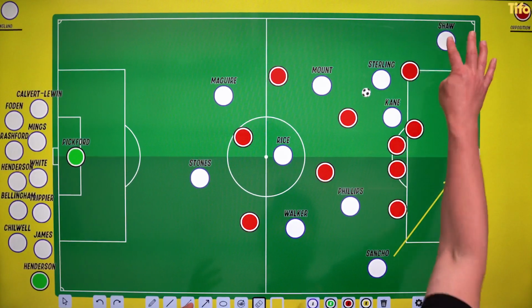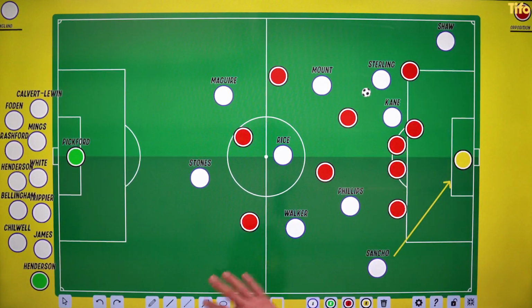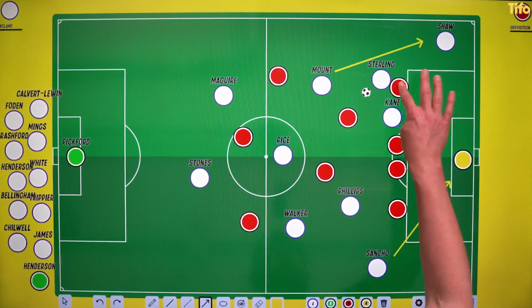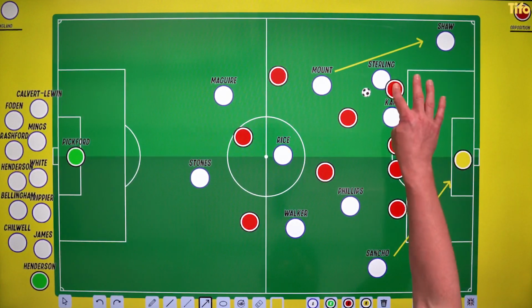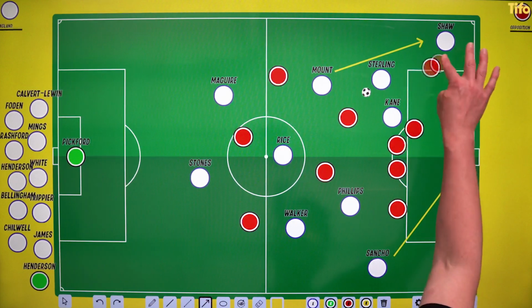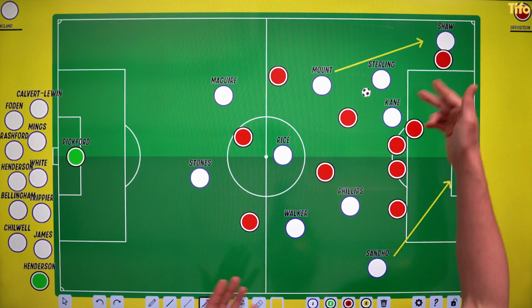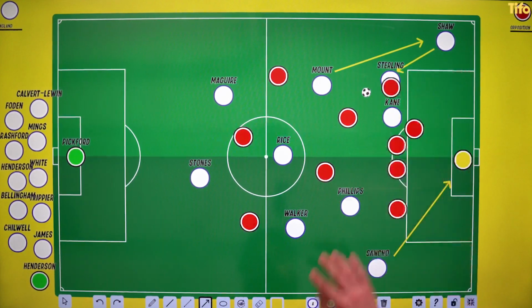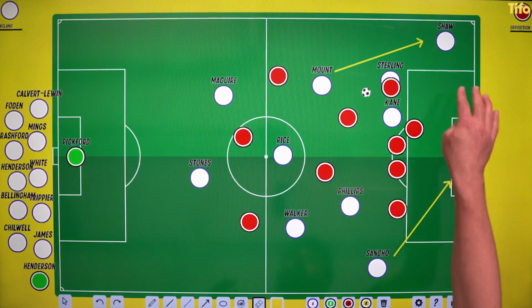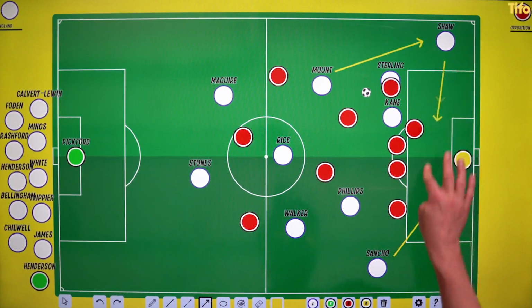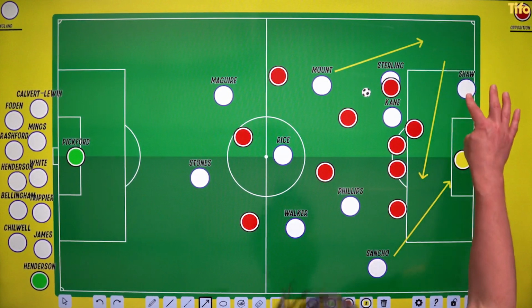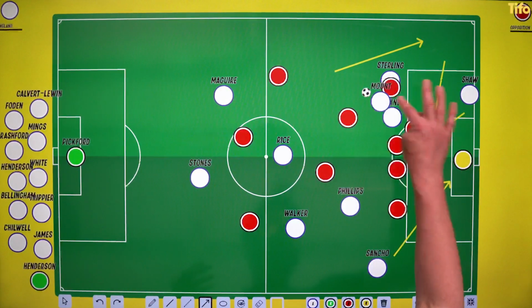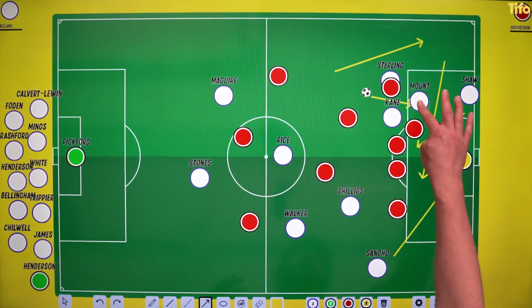Shaw could just go on a fairly simple overlap like that, but because this defender here is caught in two minds, does he track Shaw, does he stay with Sterling? What that means is that if he tracks Shaw, okay, the cross is unlikely to come in, but Shaw can then just play it back and Sterling's free. If he doesn't and he stays with Sterling, then Shaw has the option to either put a cross in directly or carry the ball to the byline for one of those cutbacks. Mount himself can burst through and take that pass and then get into shooting opportunities.